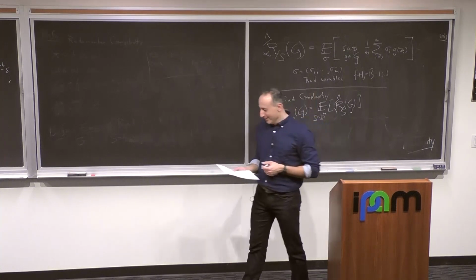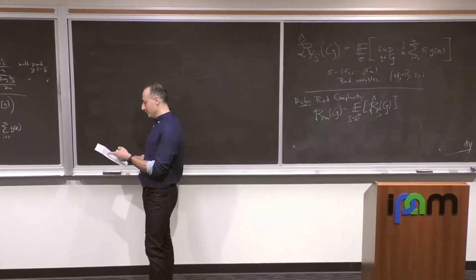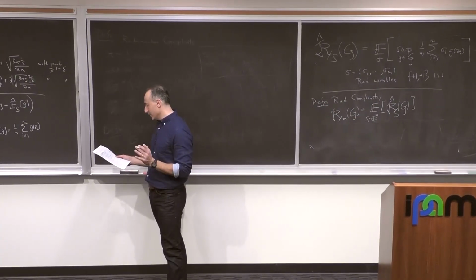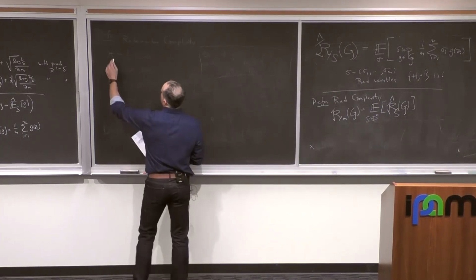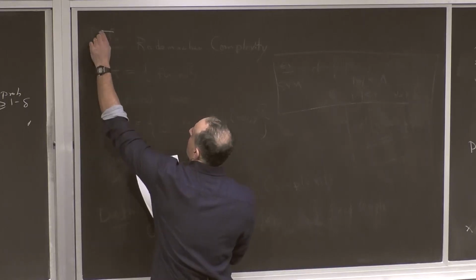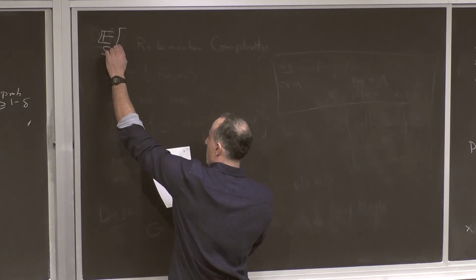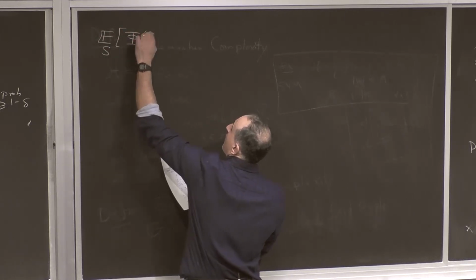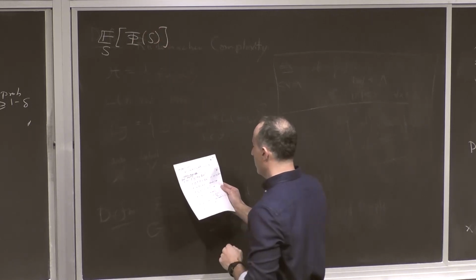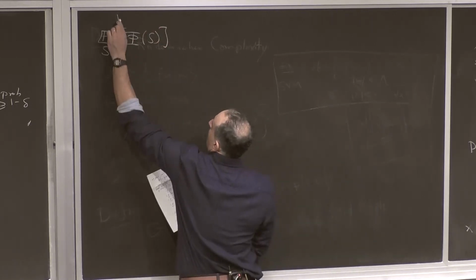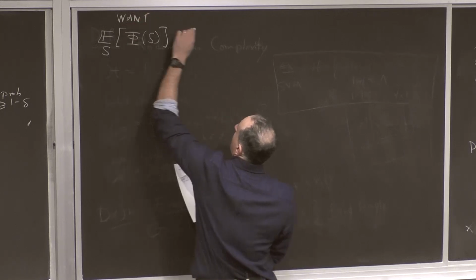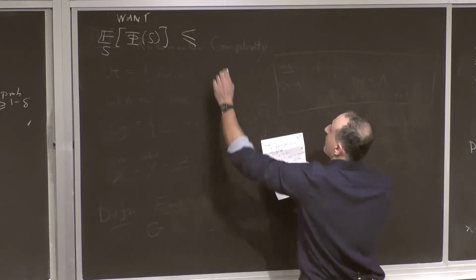Okay, well, here we go. I've got to do 1, 2, 3, 4, 5. It's 6 lines, 7 lines basically. Okay, so here it is. We're going to try and prove that the expected value over S is bounded by 2 times